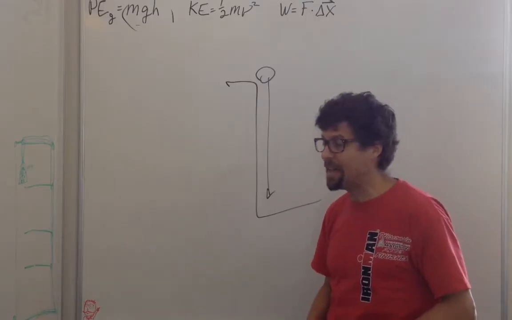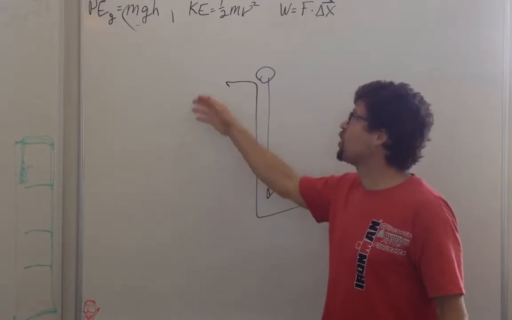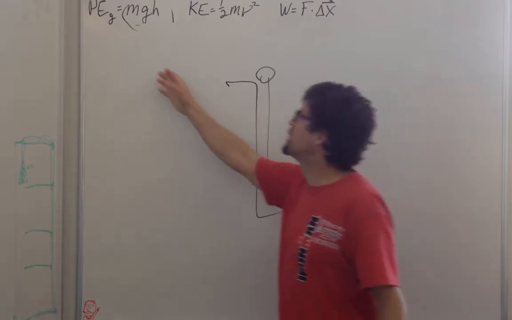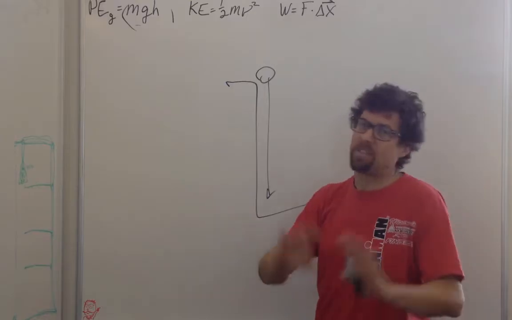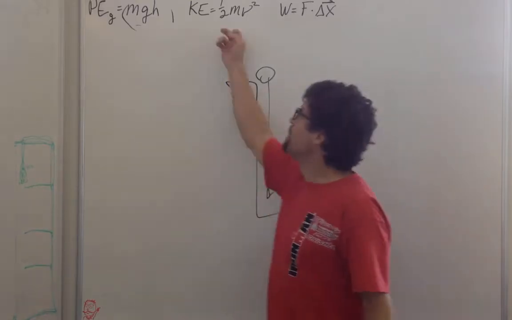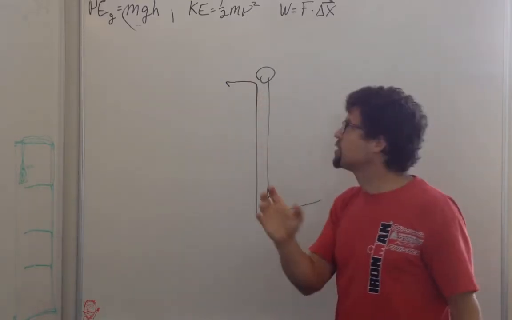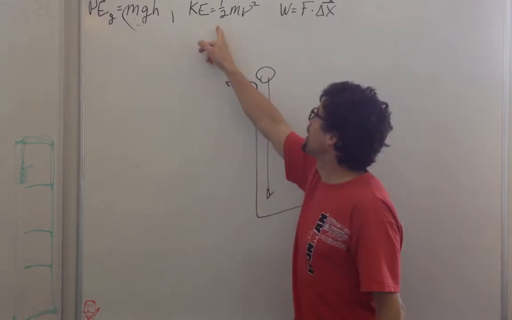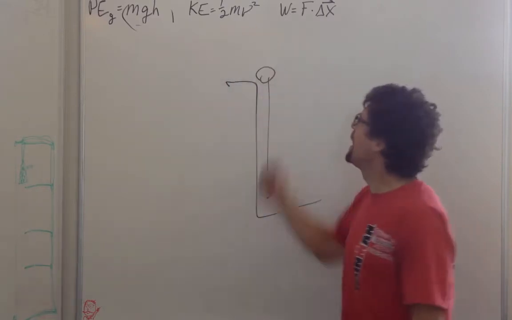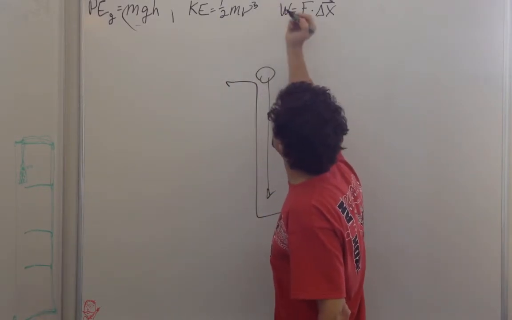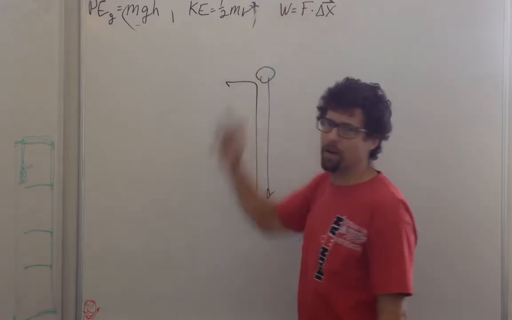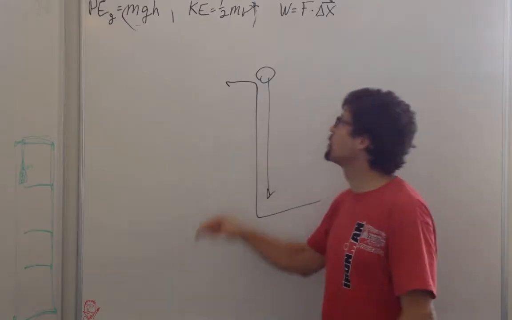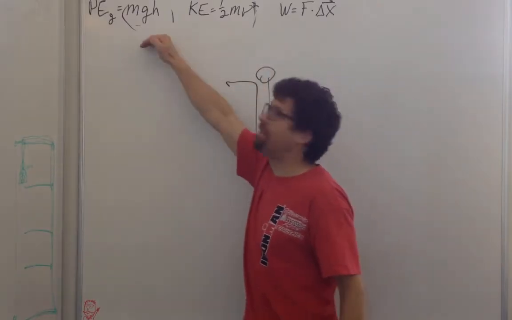Now that being said, is there a theoretical basis by which we can show this? We've invented this thing called energy, and we say it's always conserved because we see it. Is there theoretical support why the kinetic energy should be 1/2 mv squared and not, let's say, 1/2 mv cubed or 1/3 mv squared? Why is it this value? This provides a theoretical support for this formula and this formula.